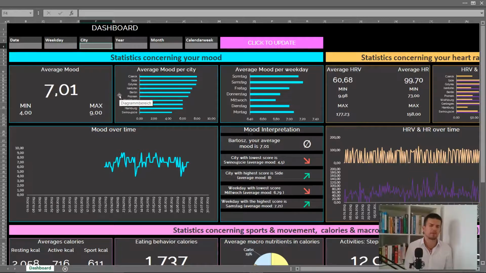So maybe it was 0 to 10, maybe it was 1 to 10. What we see is that my average is 7.01. I have a min value of 4 and a max value of 9, so I do not tend to get into negative extremes, which is kind of interesting, but I was expecting it,